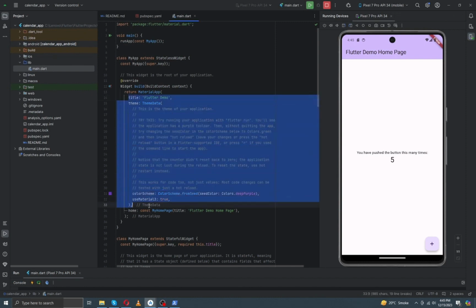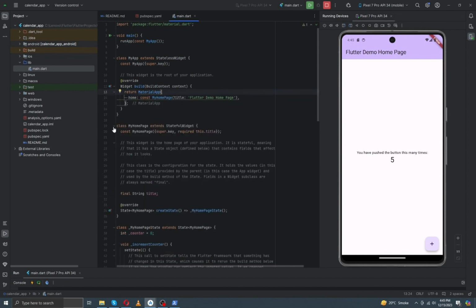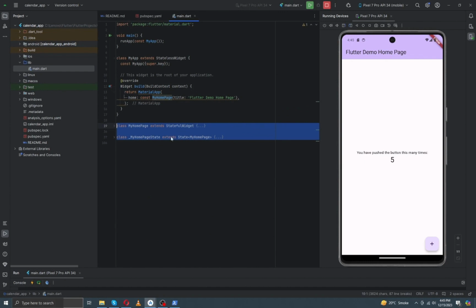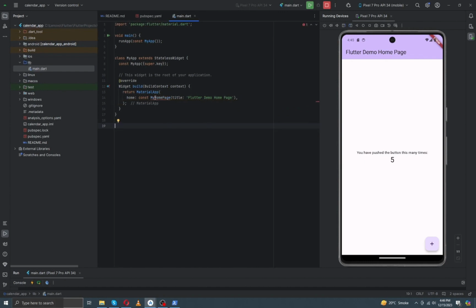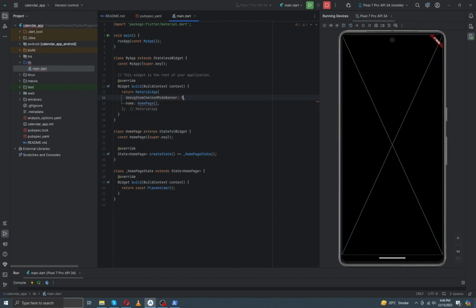Remove title and theme. Remove extra classes. Rename home to home page and remove its title. Create a stateful widget. Name it home page. Go to material app and remove debug banner. Replace placeholder with scaffold